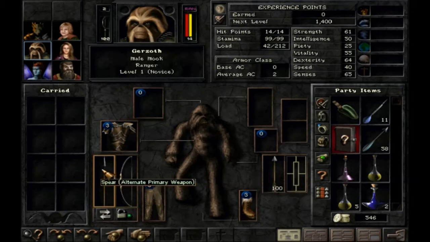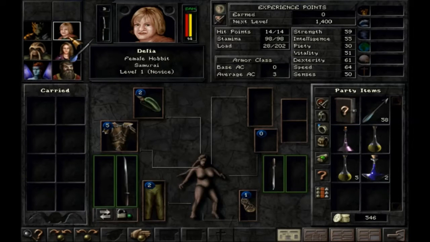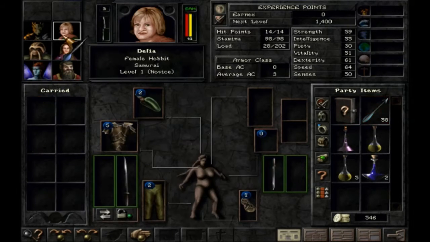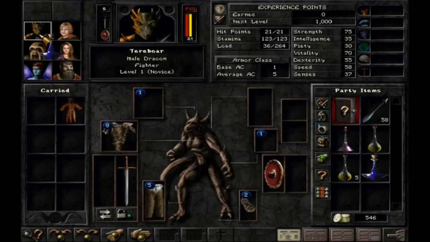And I think we're going to give the spear to the ranger, so we can do some damage from the back row when we put him back here. We're going to give the feathered hat to the samurai. Darts we can give to the samurai as well, or the mage. So if you get stacks of items here, you can split them up between your party members, so people can